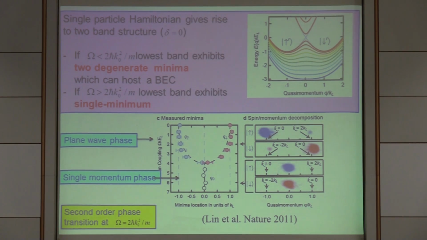This single particle Hamiltonian has very interesting features. In particular, it's characterized by a two-band structure. If the Raman coupling is smaller than essentially 4 times the recoil energy of the lasers' momenta, the lowest band exhibits two degenerate minima, which can host Bose-Einstein condensation. Vice versa, if the Raman coupling is larger than 4 times the recoil energy, the lowest band exhibits a single minimum